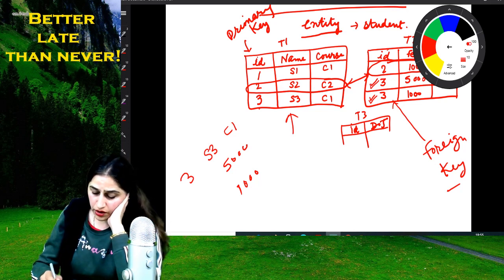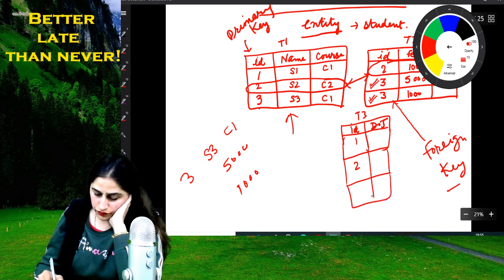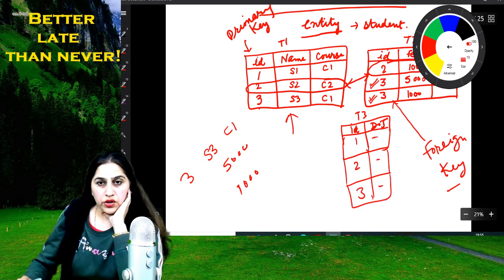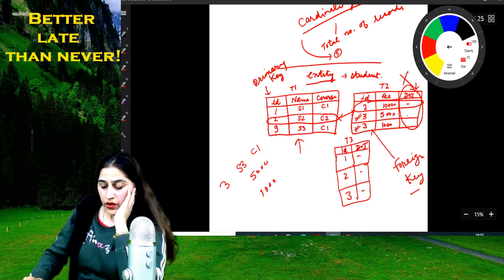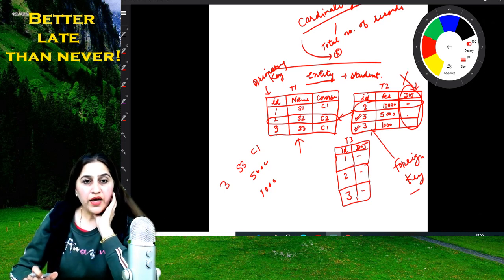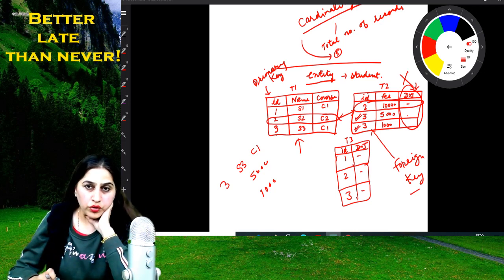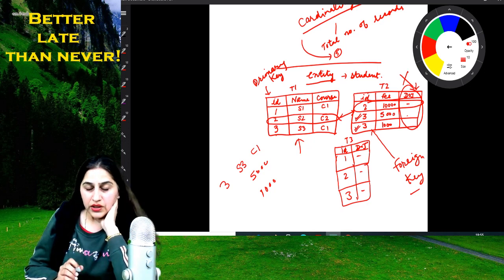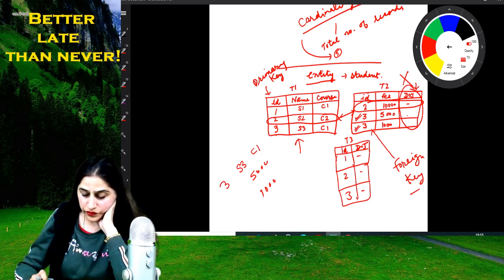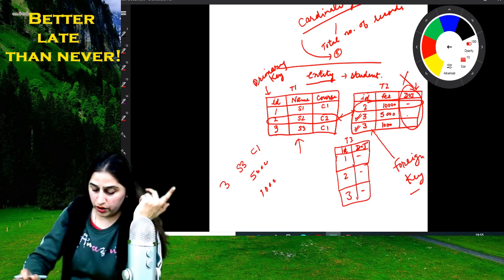We can take this third table to store this DOJ. Now what does it mean? I will not use this field in that case. So whatever changes I want in the structure of the student database, I will make first of all in a notebook. Then I will feed into the computer. I have table T1 with degree 3, cardinality 3 here. Table T2 has degree 2 and table T3 has degree 2 because it has 2 attributes.